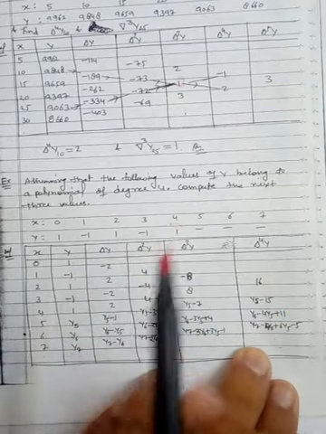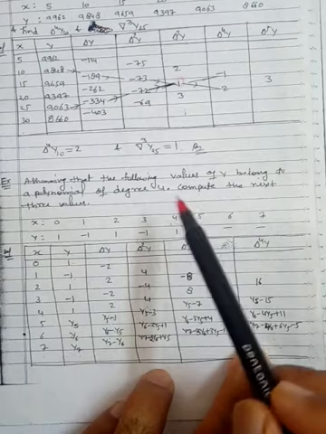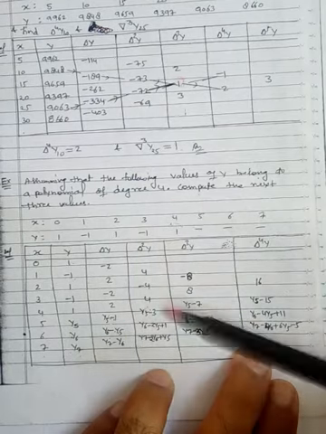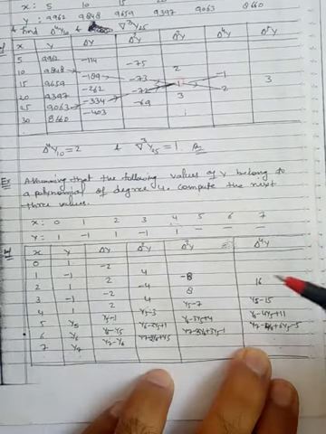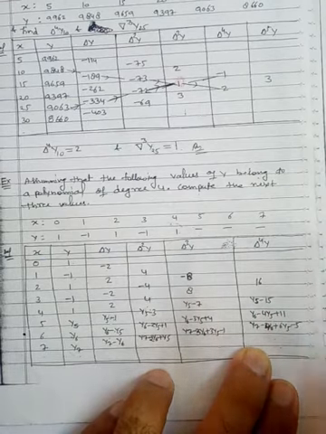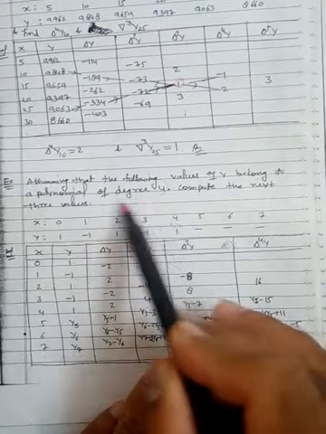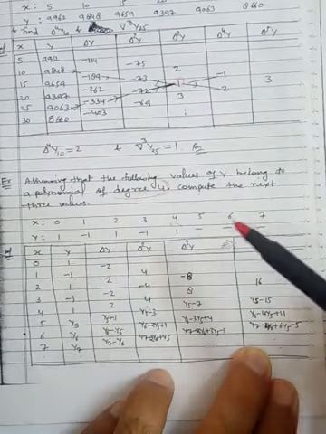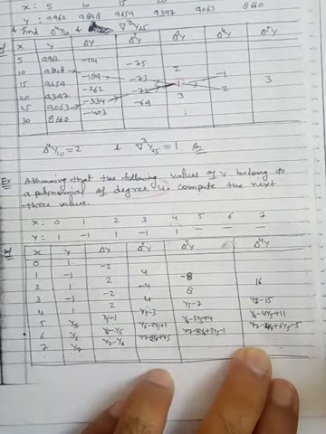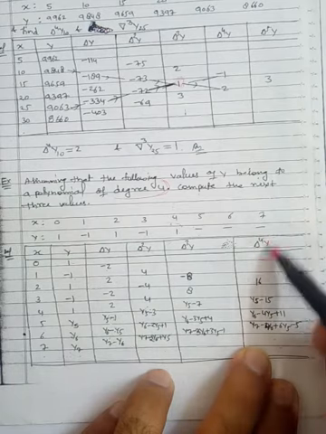And we have proved one theorem which says that if the degree of the polynomial is n, then the nth order difference will be constant and the n plus 1th difference will be 0. So we will utilize that theorem. Since the degree of the polynomial is 4, already given to you, its fourth order difference will be constant and the fifth order differences will be 0. So here we have taken only the fourth order difference.